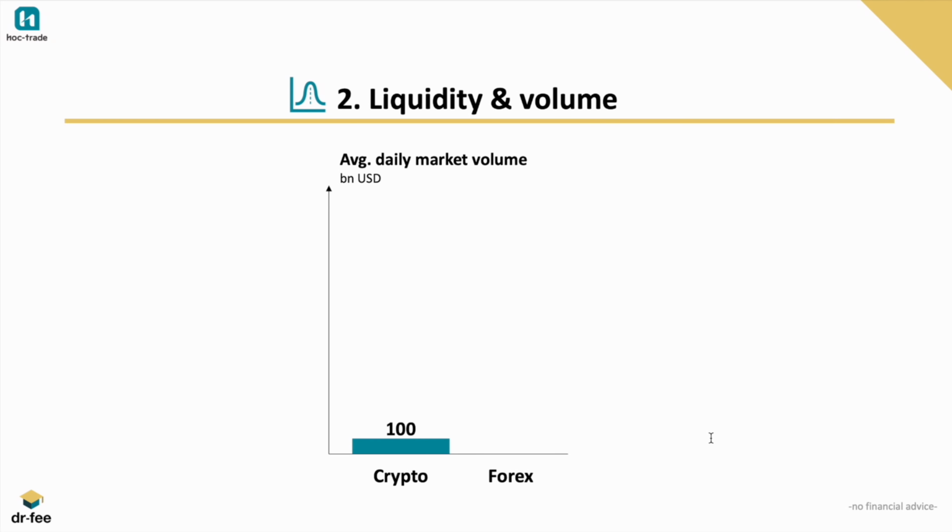In general, the Forex market has deeper liquidity than the crypto market. As a proxy, let's have a look at the average daily market volume. The crypto market has an average daily volume of around 100 billion US dollars a day, while the Forex market has a daily volume of more than 7 trillion US dollars, so like 70 times as much. While volume doesn't equal market liquidity or depth, this clearly shows how much more liquid the Forex market is over